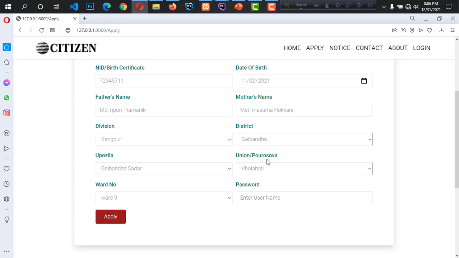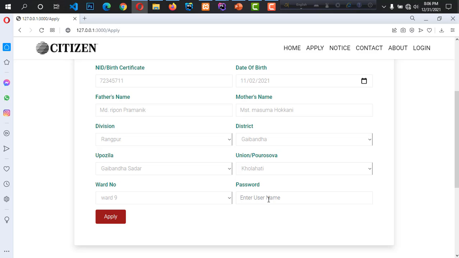Then I need to give a password. By this password I can log in to this system in future. So that's basically also an apply page and also a registration page. When I apply, then it will automatically register me as a user.